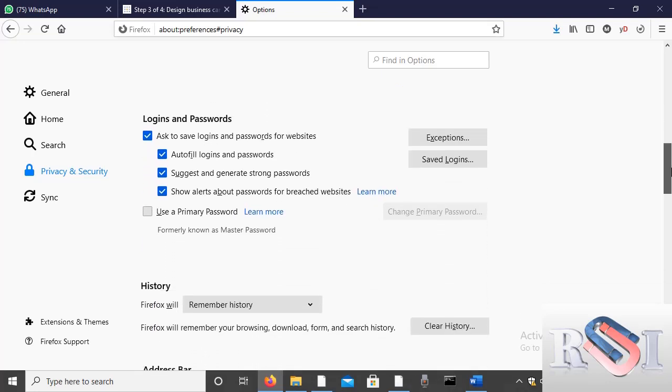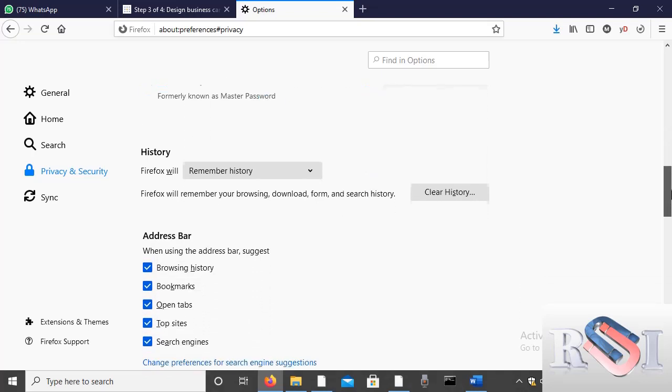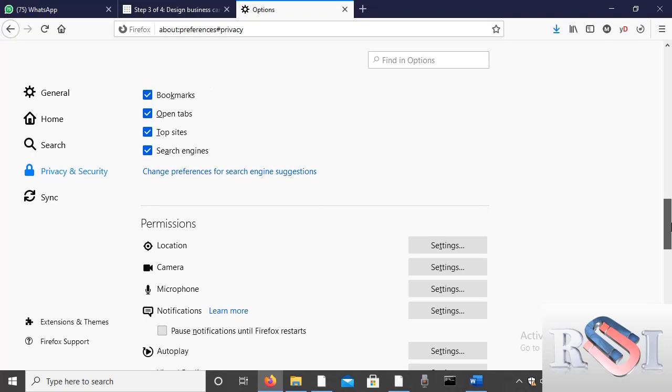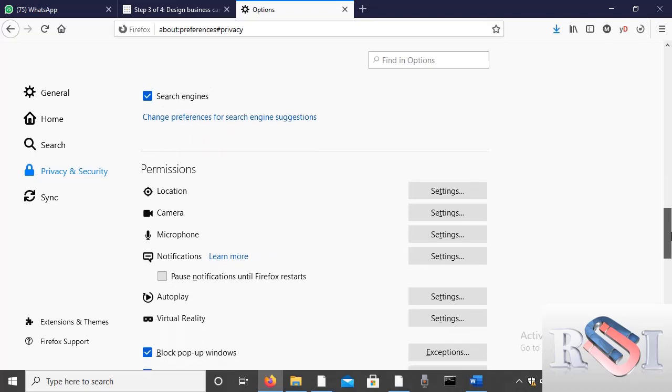We'll come back to some of the things. I just want the ones which are most important and which are consuming too much data. Okay, now we are in permissions. We want to permit a laptop or a computer or some software to do something on your browser using your own data.